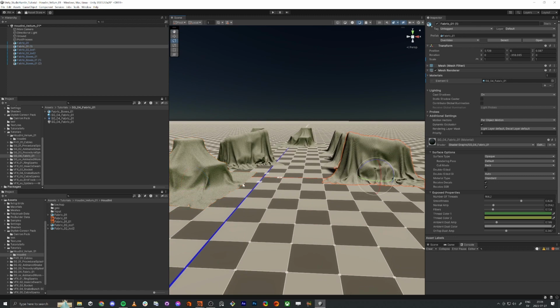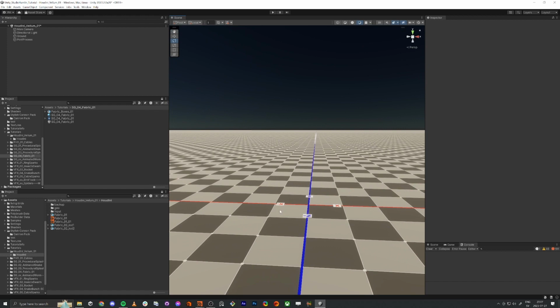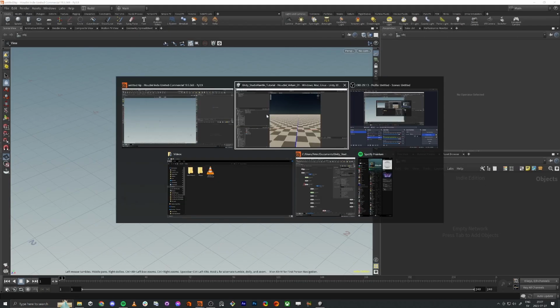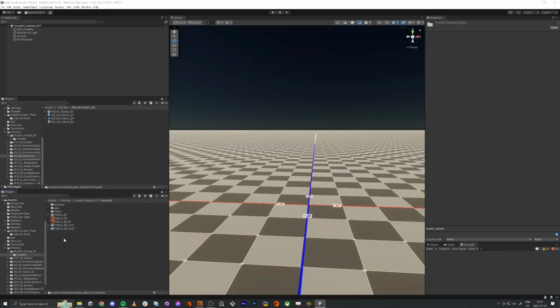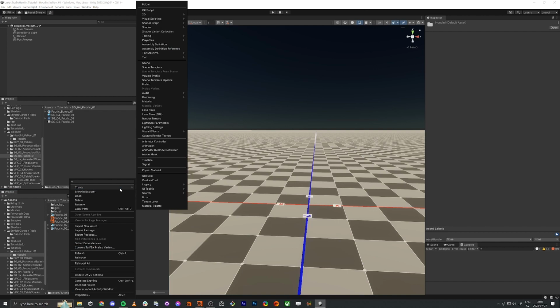cloths. So I'm just gonna delete this and we do it from scratch. So first off, I have this Houdini opened, and I'm gonna save the Houdini file inside Unity. It's easier to organize, otherwise I would save it in a different folder. So